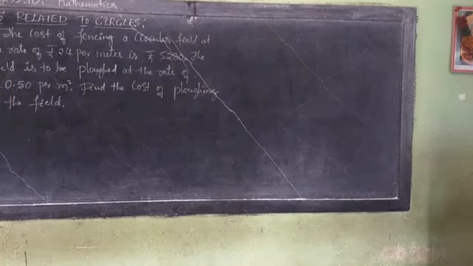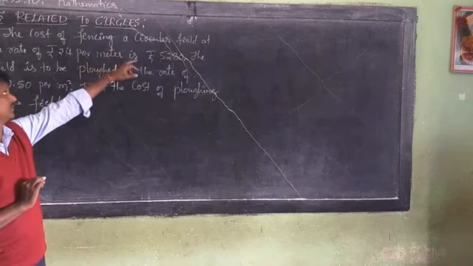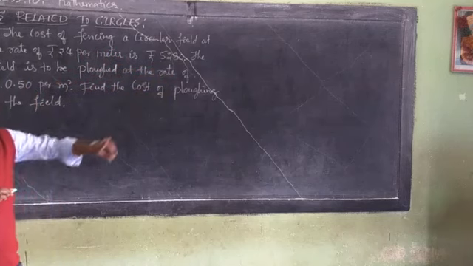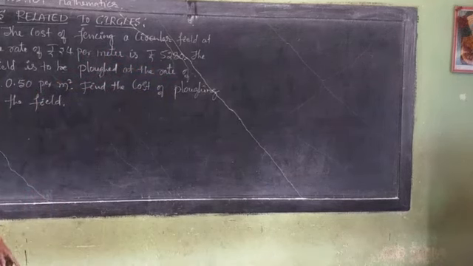For that we can first find the given things. Here the cost of fencing is given, that is 5280. Therefore, we should find the circumference. First we should know the circumference. Then we can find the area of the circle. After that we have to find the cost of fluffing. To find the circumference, that means the length of fencing.